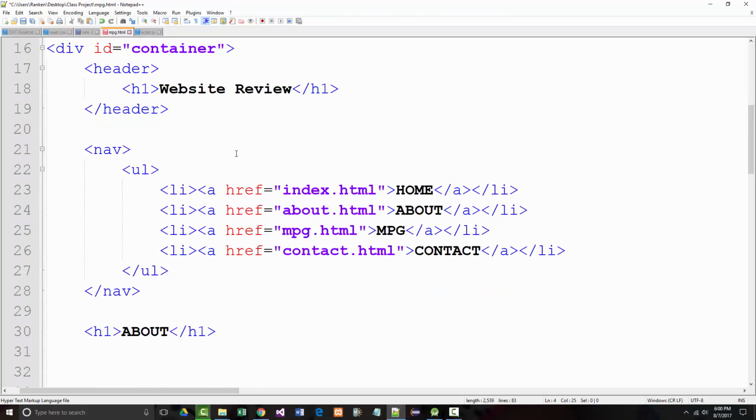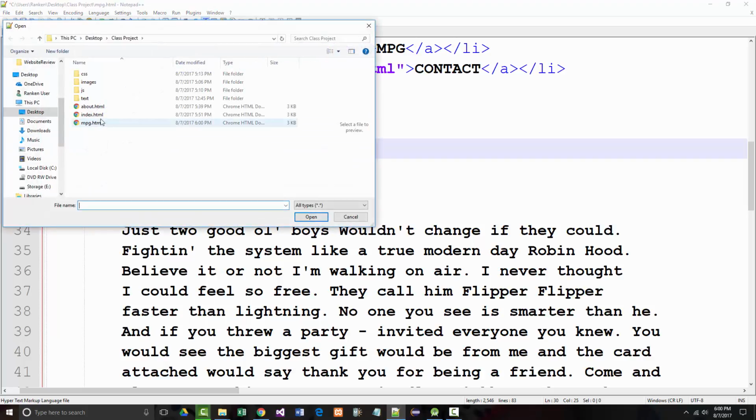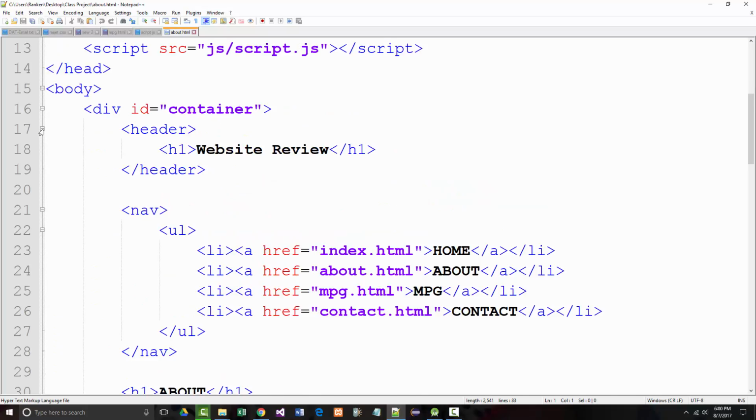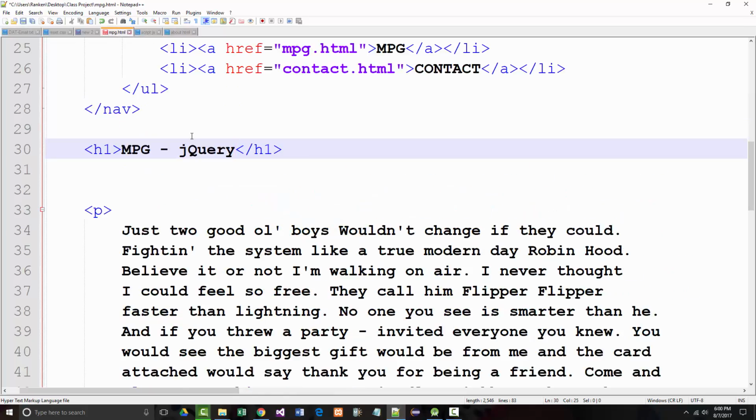All right, it's coming together. And where it's got about right here, well, we don't want that to say about anymore. We want this to say miles. How about this? We'll just say mpg-jQuery, because we're going to do this with jQuery. All right, I'm a little anal about things, so I'm going to do an open, and I'm going to open up the about page. Get rid of that. All right, so here's our MPG, and what we're going to do in here is we